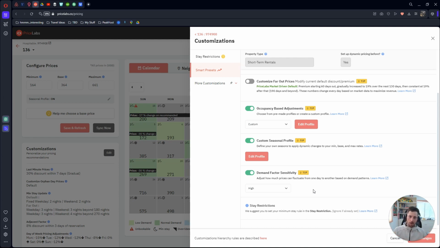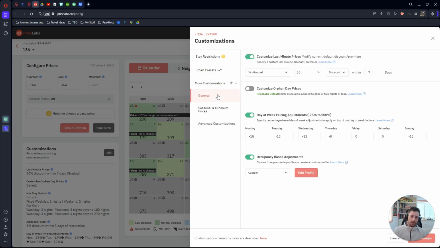More customizations, these will spit out. Honestly, this is just more of an organized way. You can see that we're already getting some duplicates of what we've seen in smart presets. We talked about customized last minute, customized orphan, day of the week pricing we didn't talk about. You can see here I'm aggressive in the weekdays and Sunday, and I don't make any changes on Friday and Saturday. Then we've got occupancy-based pricing,